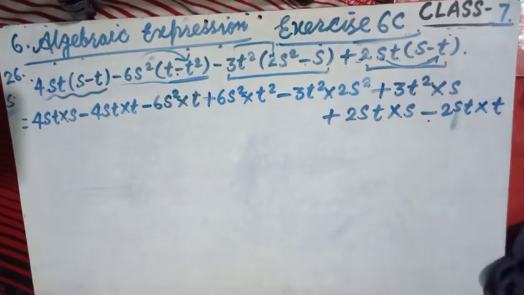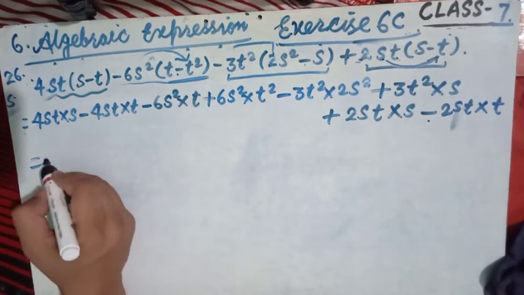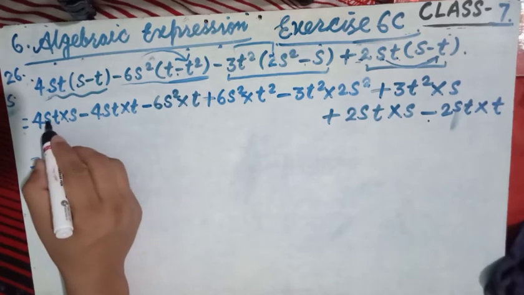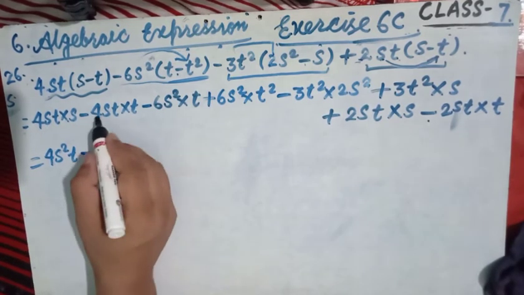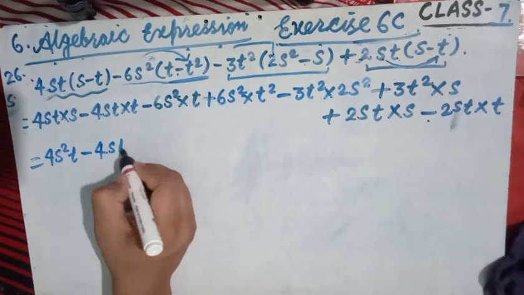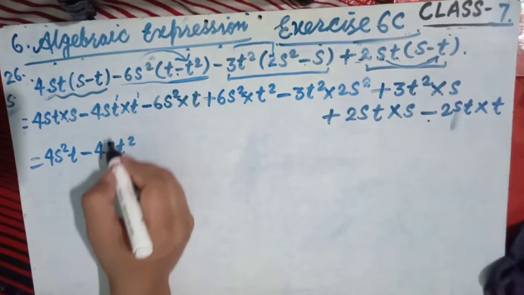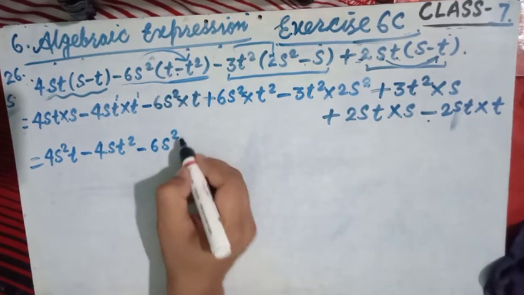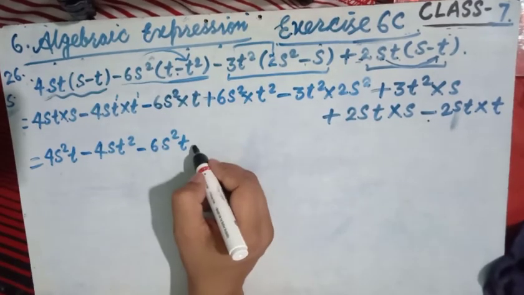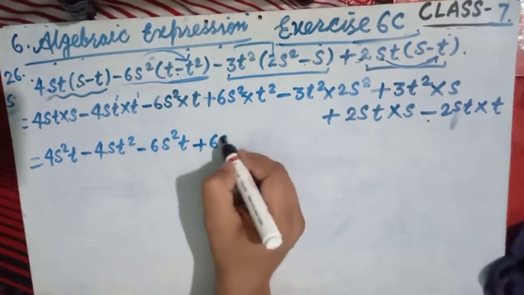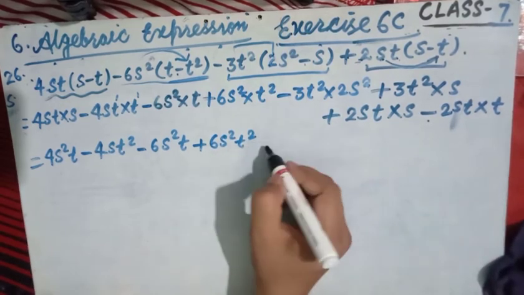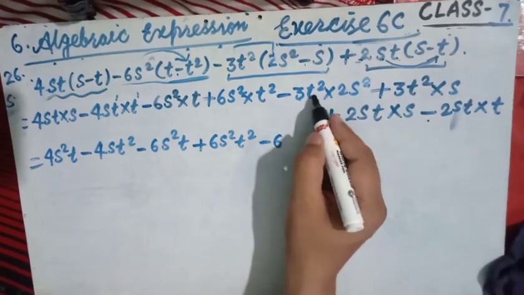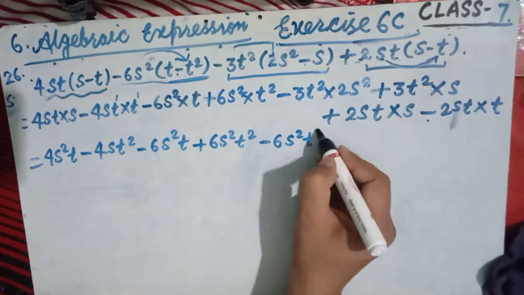this t. Now look, this is 4 s square t, 2 times s square. Now this is once again 4 s t square, because s, and here is the 1, here is the 1, the single t, 1 plus 1 is 2. Now this is minus 6 x square t. Okay, x square t plus this is 6 x square and t square. Here is the minus. Look at 6 times 3 is 6 t square s square, or rather s square t square. It could be written as t square s square, yeah, s square t square.